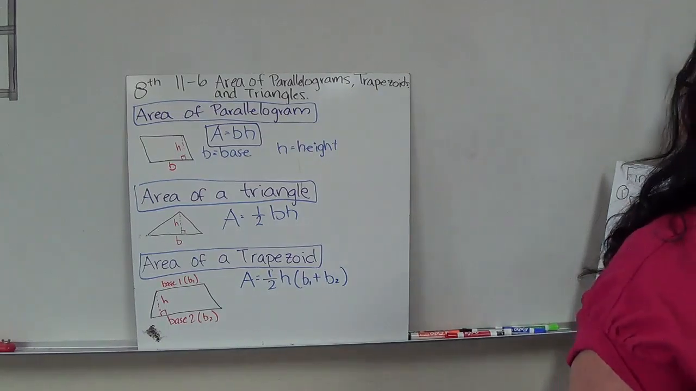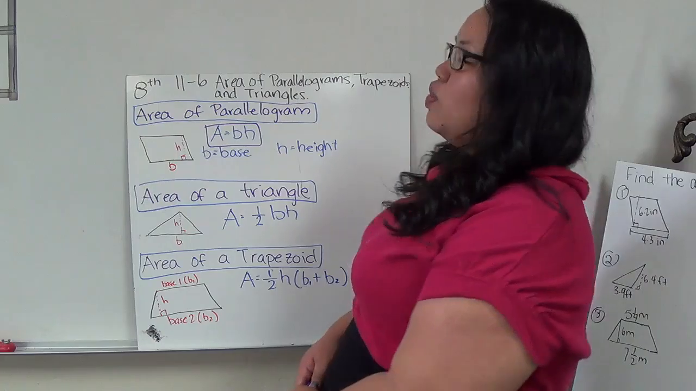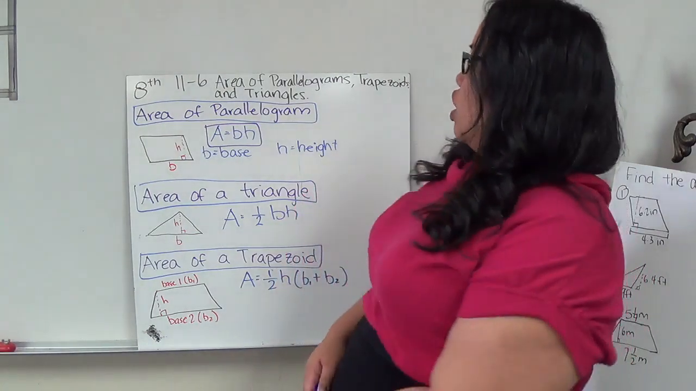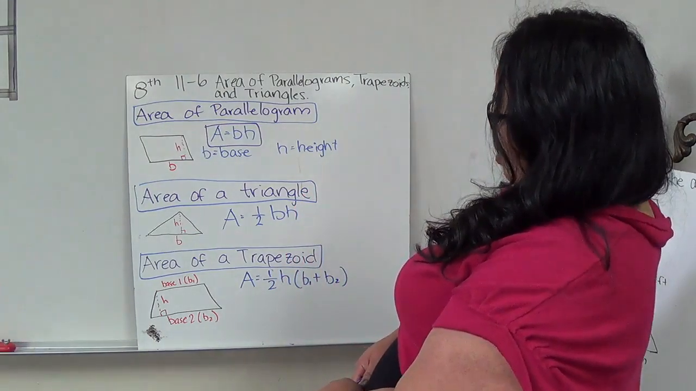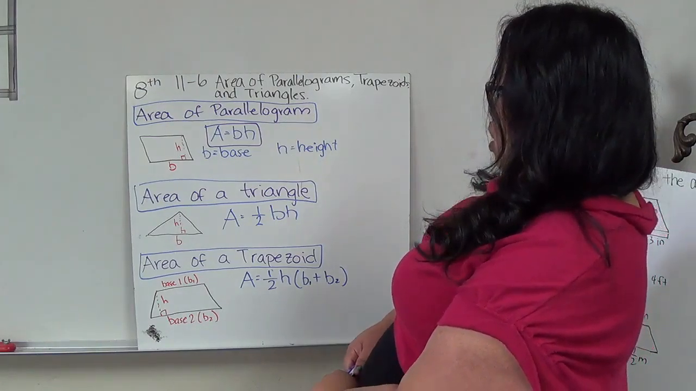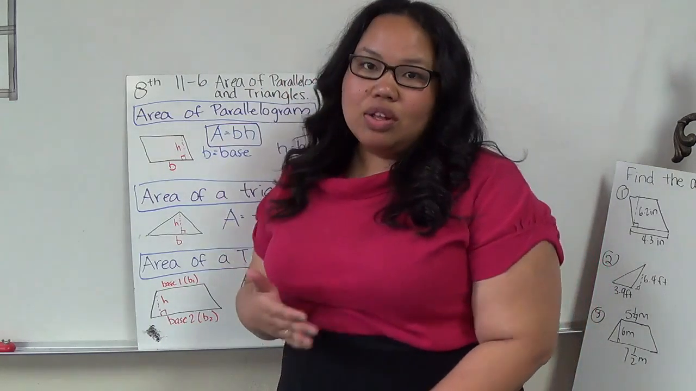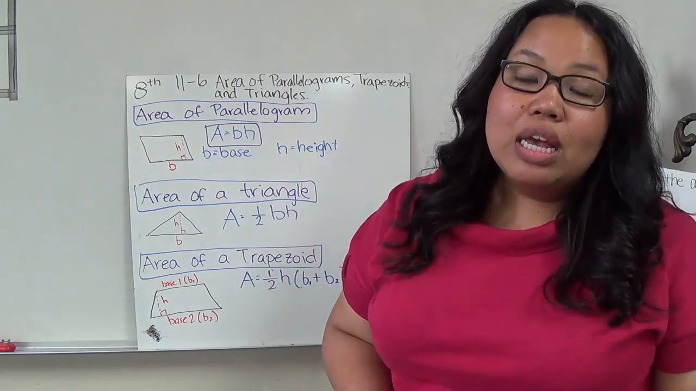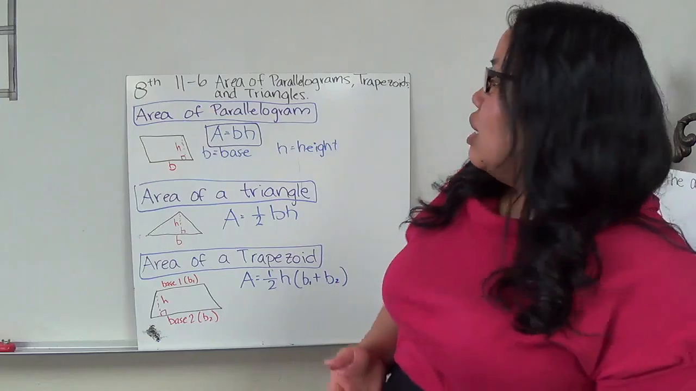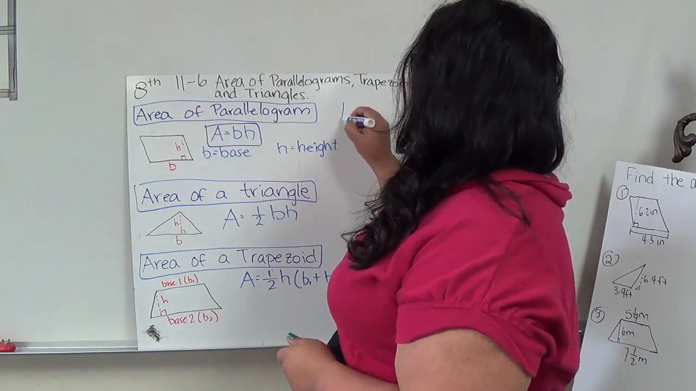In 8th grade, section 11.6, we're dealing with areas of parallelograms, trapezoids, and triangles. So, the area of a parallelogram is area equals base times height. Now, it looks like the area of a rectangle and area of a square, base times height. But the problem is, because a parallelogram doesn't always have a straight shot like a rectangle or a triangle, you